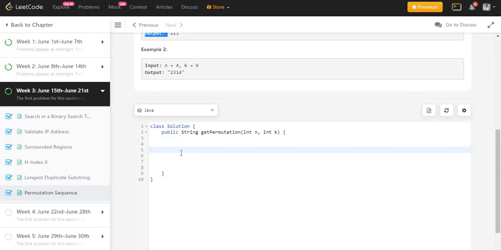So let's solve it using Java. At first, I will create one list of integer type and store all the numbers sequentially. Let's say li.